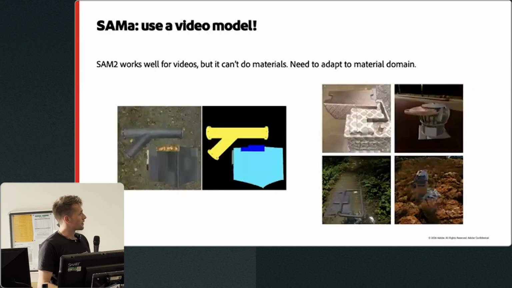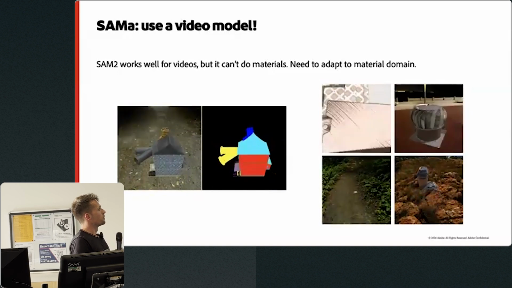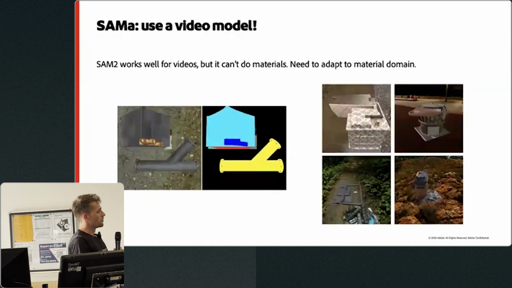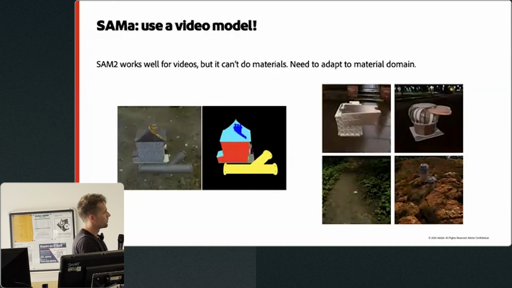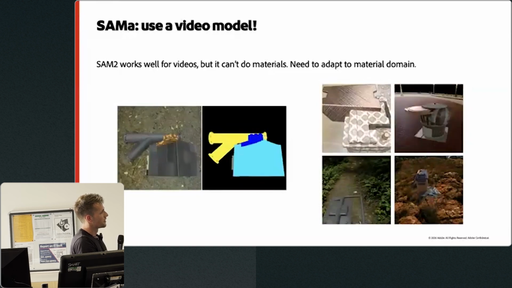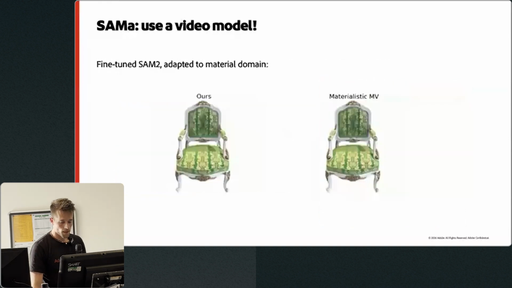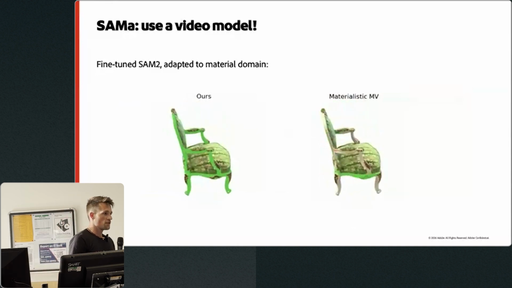Oh yeah, sorry, this is another point. Videos are also informative for materials because you can see the response to light. For example, here, you can see how the highlight shifts across this metallic surface, and that's very informative for the model. So now we have this fine-tuned material selection model, but it's still just a video model that we run